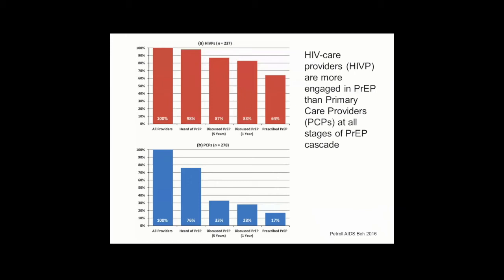So HIV providers, to get to the punchline, were more engaged in terms of awareness and experience than generalists. You can see that almost all HIV providers had heard of PrEP, discussed PrEP with patients in the past year, and over half had prescribed PrEP. Whereas generalist primary care providers, fewer had heard of PrEP, many fewer had discussed PrEP, and only 17% had prescribed